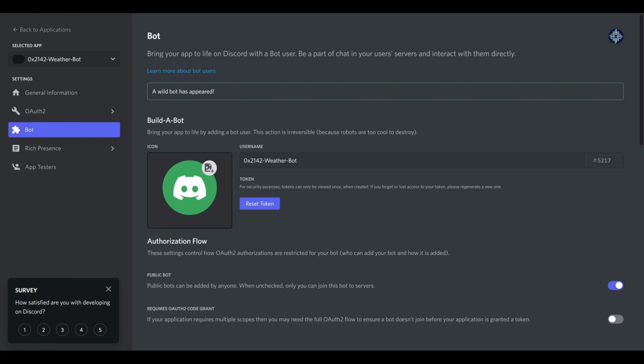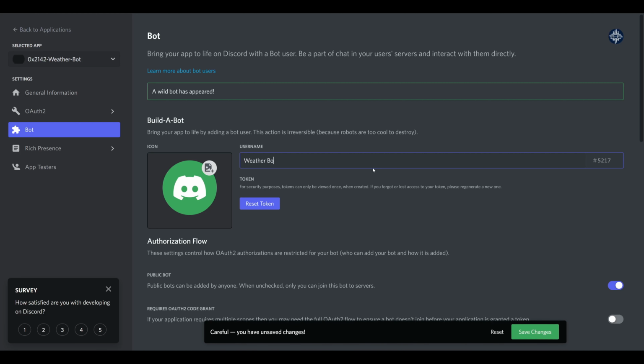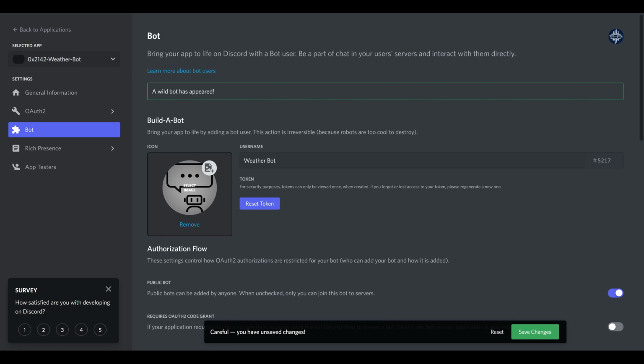And so to begin with, I will go ahead and specify a username. This is going to be the name that the bot displays within the Discord client itself. So I'll name this something that's more human readable, which is just going to be WeatherBot. I will also upload an icon so that we know that we are dealing with a bot. For now, I'll save the changes real quick, and then we'll move on to a couple of